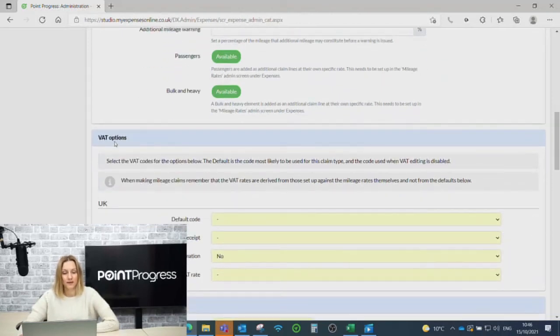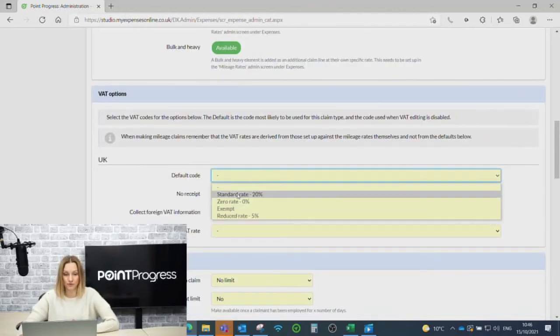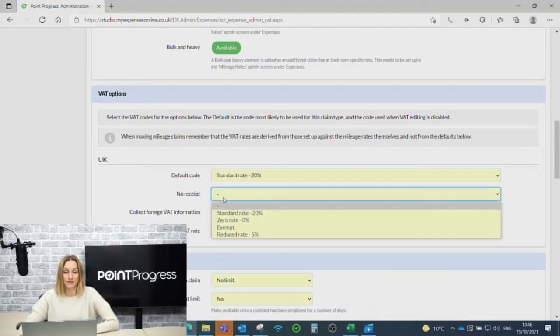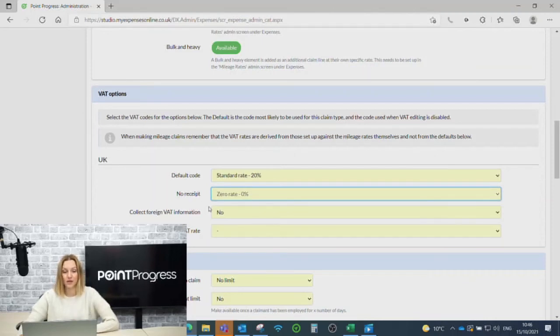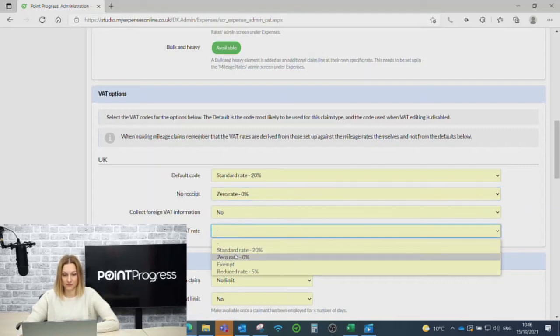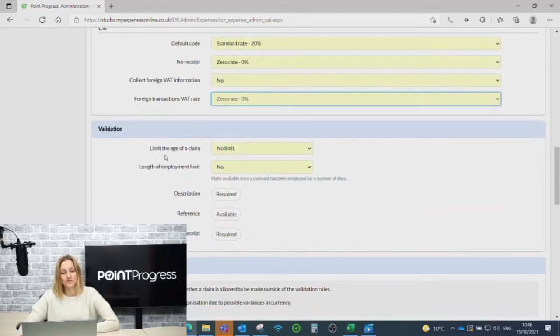Below, you've got a VAT section, which is the same for every category. So you'll need to decide your default code, let it be 20%, 0 if there's no receipt attached. And if you don't collect the foreign VAT, you can choose a 0 here as well. If you want to add some limits, then you can put a limit. We have two limits, either on the age of the claim, or